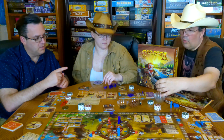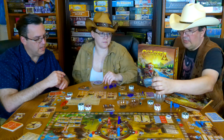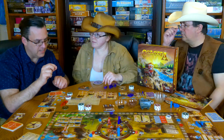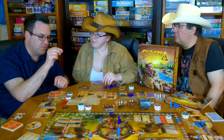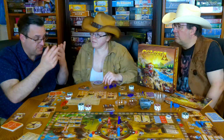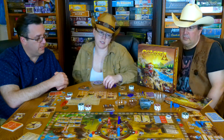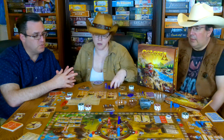Yeah, so ours got torn in the process of assembly around the joints. And my personal copy did as well, and it's just because the cutting of the notches doesn't go all the way through. And because it's so small, when you pop it out, it just tears it. There's no way around it. Yeah, that's kind of sad because you have such a nice piece and then it gets destroyed in the process. Well, it's not destroyed, but...